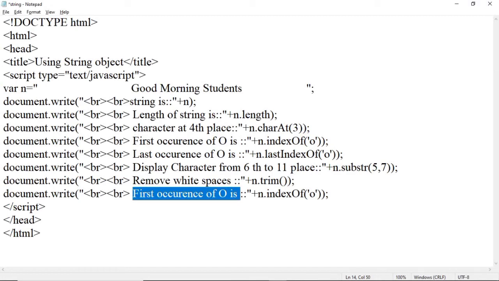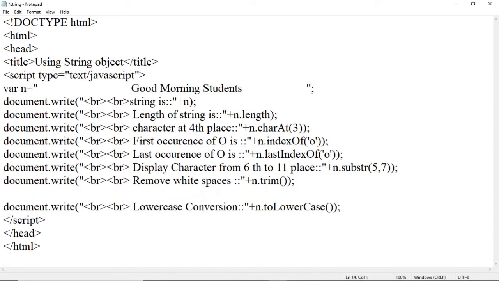Now to convert the text to uppercase or lowercase, we have to use toUpperCase and toLowerCase. So for lowercase conversion, use n.toLowerCase, and to have uppercase we use n.toUpperCase.